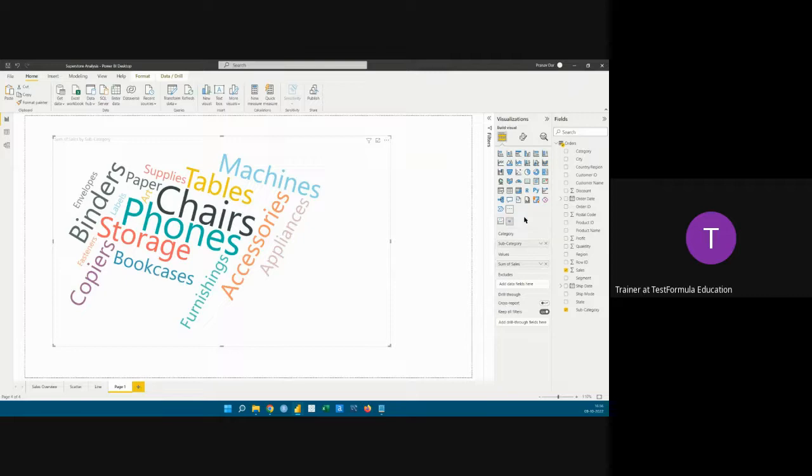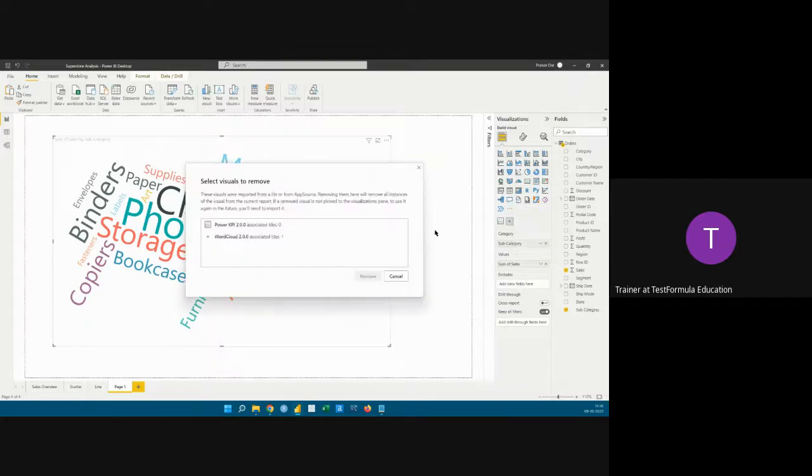And once you're done with that, if you feel, no, this is not something I actually wanted, I want to get rid of that, then you can always right click on whichever visual you want to get rid of. So if, for example, let's say word cloud, right click, oh sorry, not right click, they've changed that. So just go to the same thing, click on the three dots, go to remove a visual, and select the visual you want to get rid of. So let's say I want to get rid of word cloud, I'll say remove,